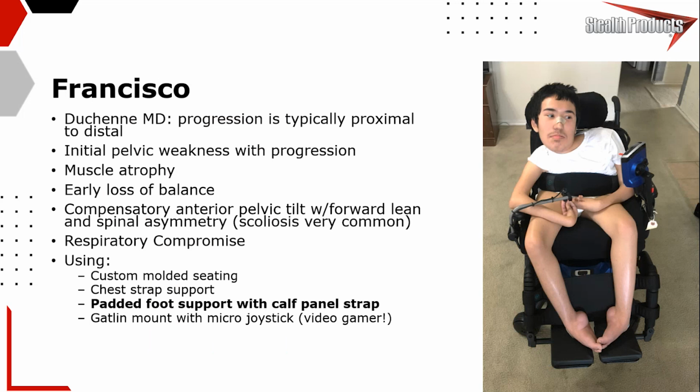Francisco here, he is an 18-year-old muscular dystrophy user, and muscular dystrophy is one of a group of diseases that can cause progressive weakness and decrease in muscle mass, but symptoms are definitely going to vary depending on the type of muscular dystrophy we're looking at. Duchenne muscular dystrophy is most common, in which that progression is